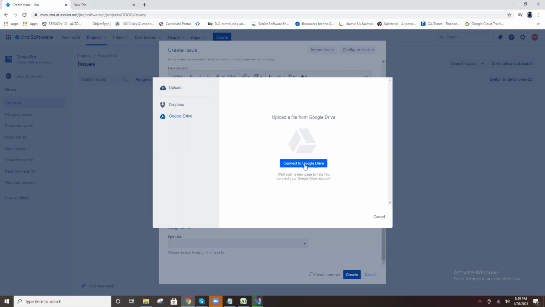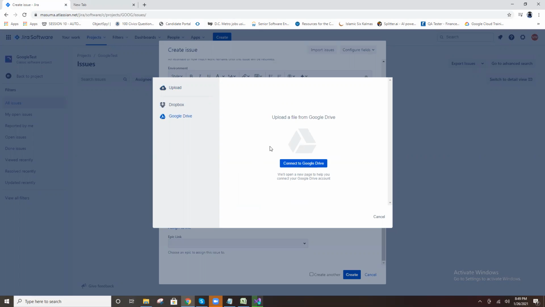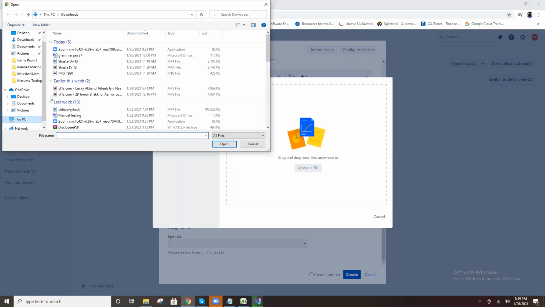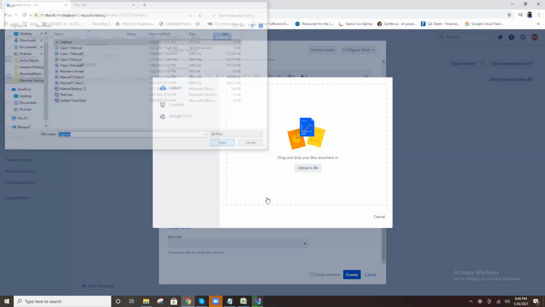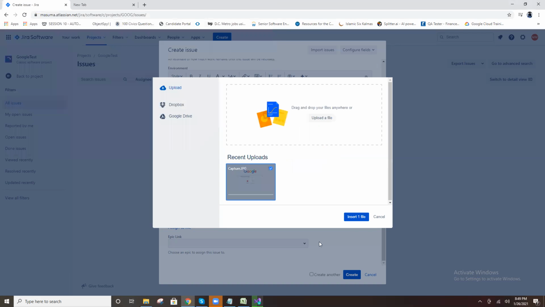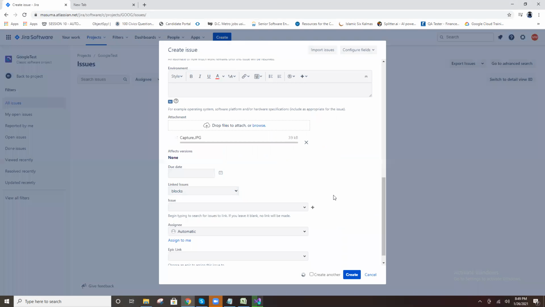No, not OneDrive, right? Yeah, Google. Insert a file.